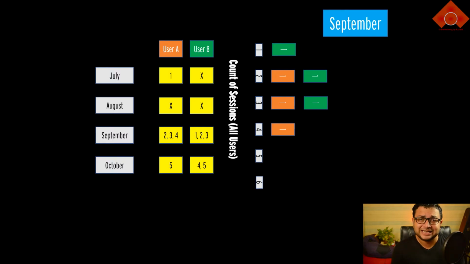So when we were seeing the frequency report just now, what we ignored was that I'm fine that all the new users have been put in block 1, but there are a lot of users from these new users who are also present in block 2 of the count of sessions 2 and in 3 and so on. When we looked at the frequency report in Google Analytics, it was fine that we looked at the new users and found that all the new users have been accounted for in the count of sessions 1.